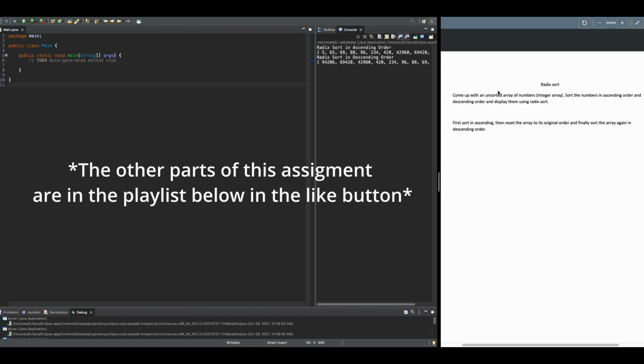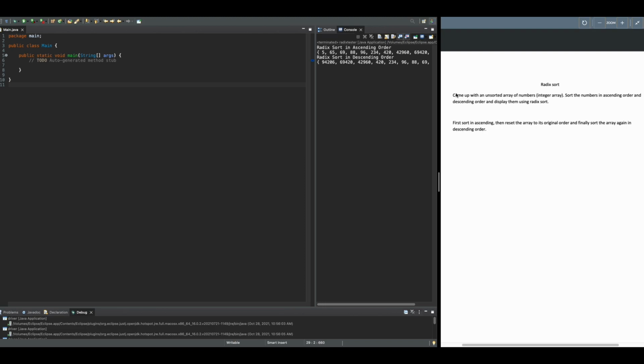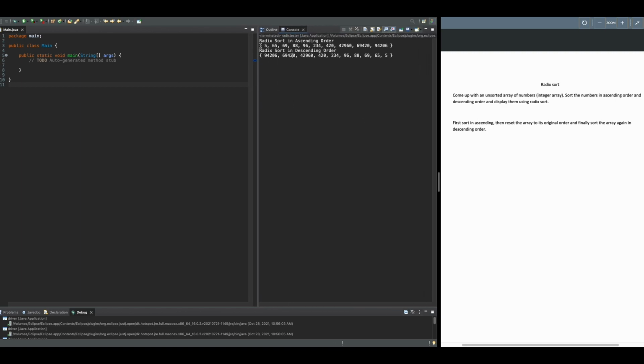We're doing the radix sort, and to do this we need to come up with an unsorted array of numbers. It's an integer array that we're going to be using, so our output will look something like this up here. We first need to sort in ascending, which is what the first output is. We sort it in ascending, and then we need to sort in descending, and that's after we reset the array